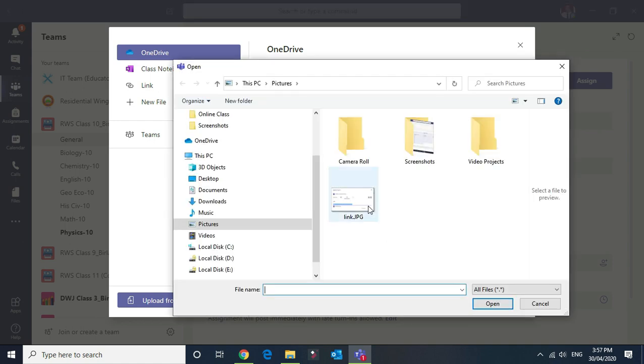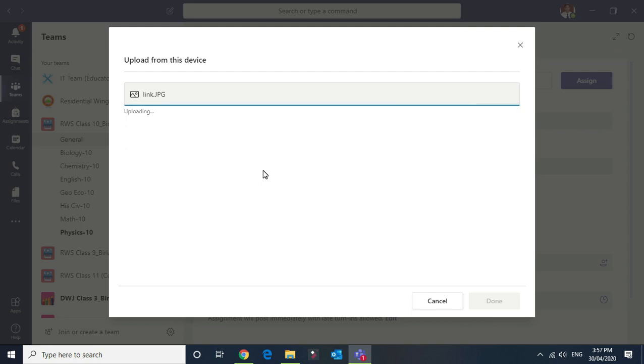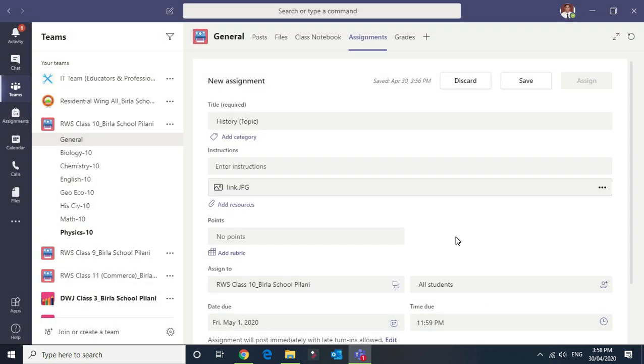assignment. Either it's in the form of a Word file, PDF file, PPT or any image form. Select the respective file from your respective folder inside your device, either mobile or your computer. Click on open. The file should be selected, and click on done. Once the file is uploaded, it will show here in the resources. You can add multiple resources on the same platform to give better information regarding the assignment.